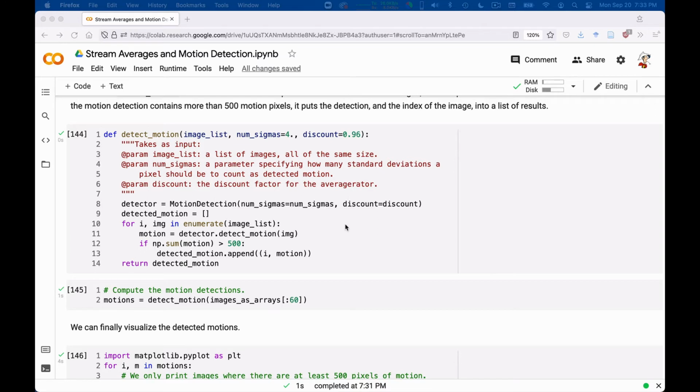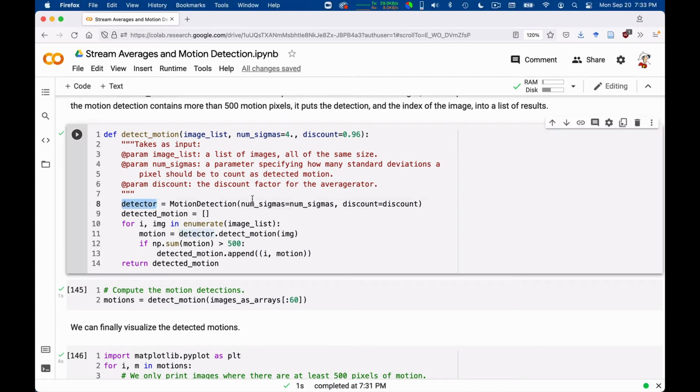And so I actually leave it to you to write the motion detection class, because it's kind of fun. And I just want to be able to use it. So I write this detect motion function. I do as follows. I create a motion detector instance from your class. Then I read the images, and each time I read an image, I feed it to your motion detector, which has a method detect motion to which I can pass an image.